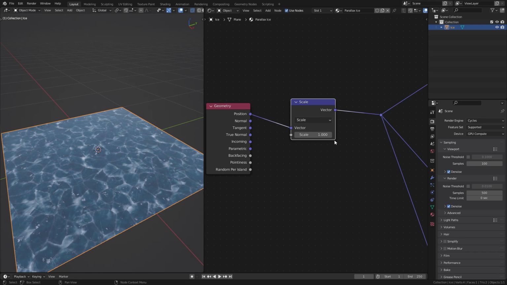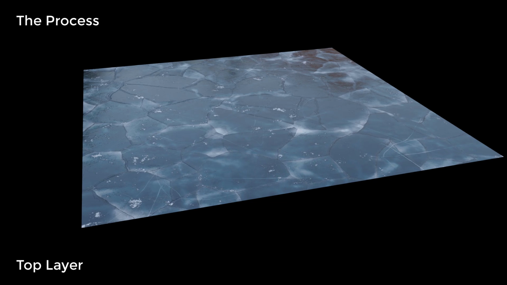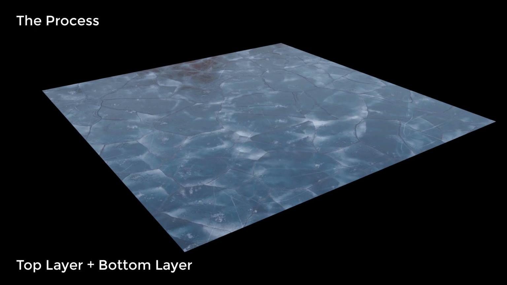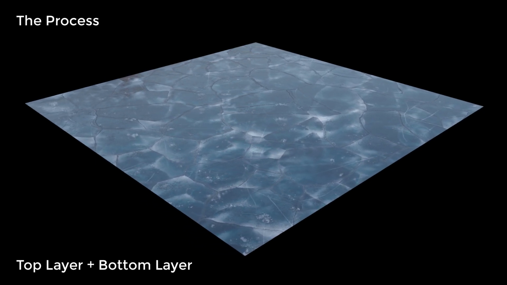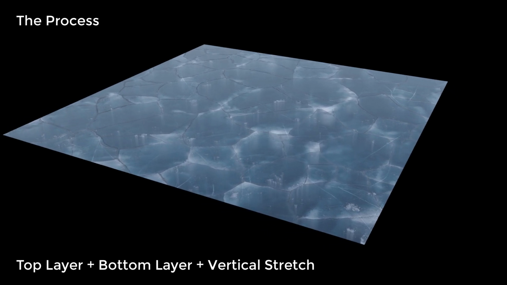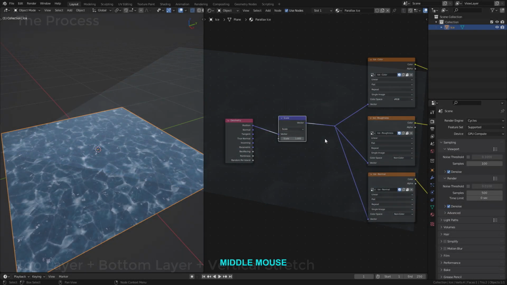Alright, now here's the plan for the parallax effect. We'll be creating multiple layers of these image textures, and by adjusting each layer's texture coordinates, we can have them display a certain way that makes one layer look lower than the other depending on the view we're in. And we'll also add a dithering effect that'll help stretch the bottom layer out vertically to make the depth effect more convincing. Now, since each layer will basically need its own texture coordinates so we can make them display differently, we can't just simply reuse these image nodes since you can only have one set of texture coordinates running into them. But what we can do is group all of these nodes together so that we can reuse them to